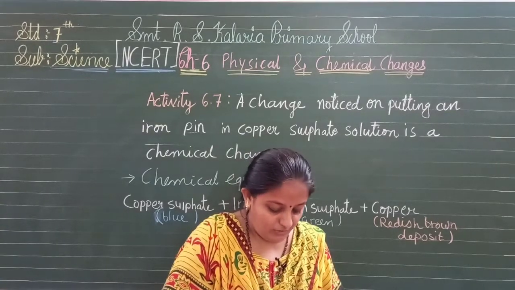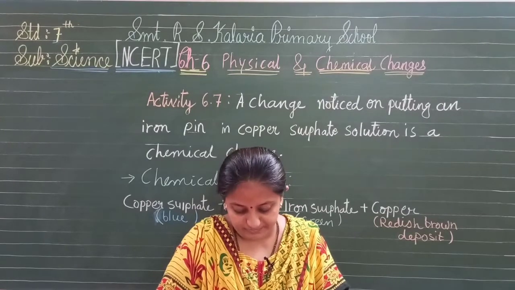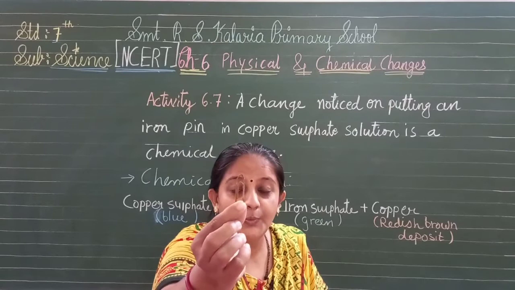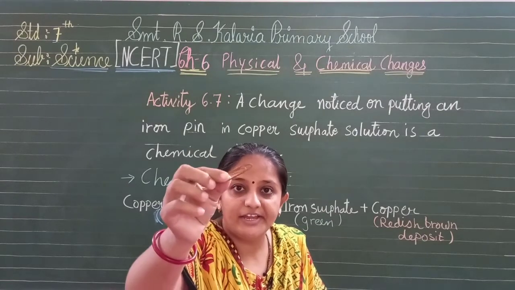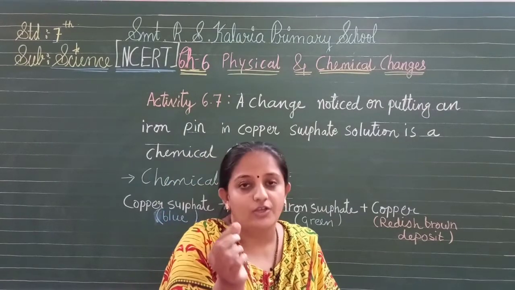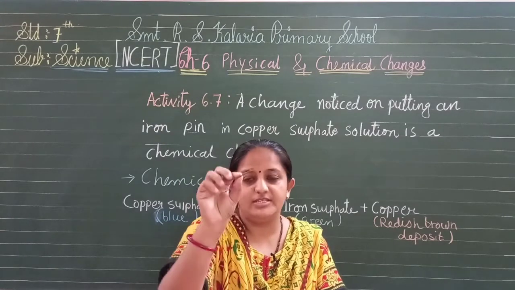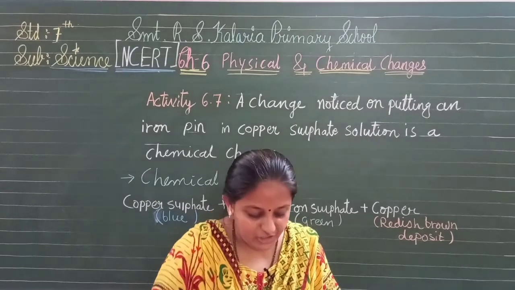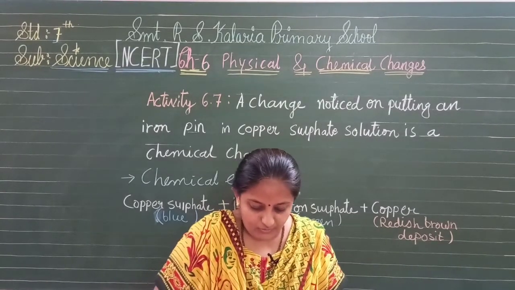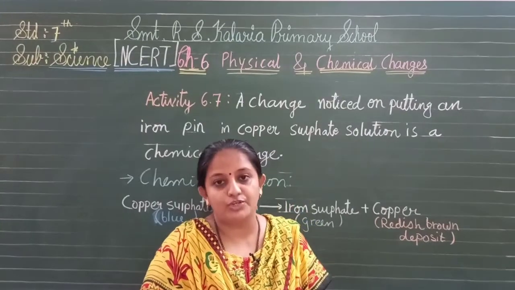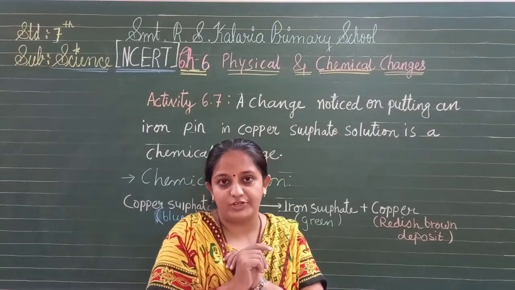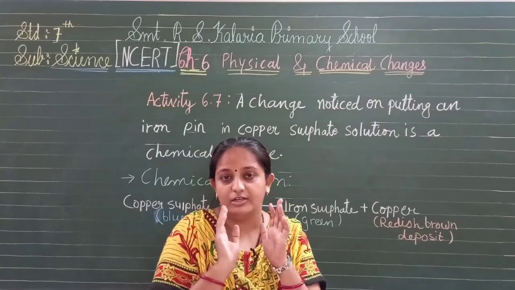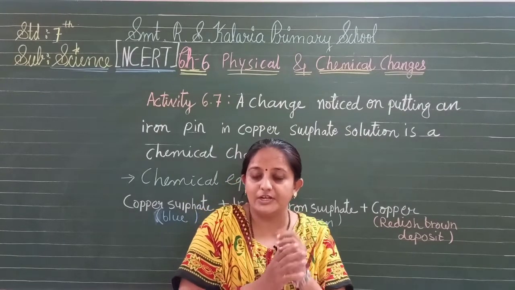You will see now the pin which I already dropped in the solution, it turns out like this. You will see rust. Iron gets rust because it reacts with the solution. This paper pin reacts with the solution, this iron pin, isn't it? This is a change. Now the next change is the color of the solution from blue to green. The first observation: blue colored copper sulfate solution turns green. Textbook में है, देख लेना आप. You will easily notice that.